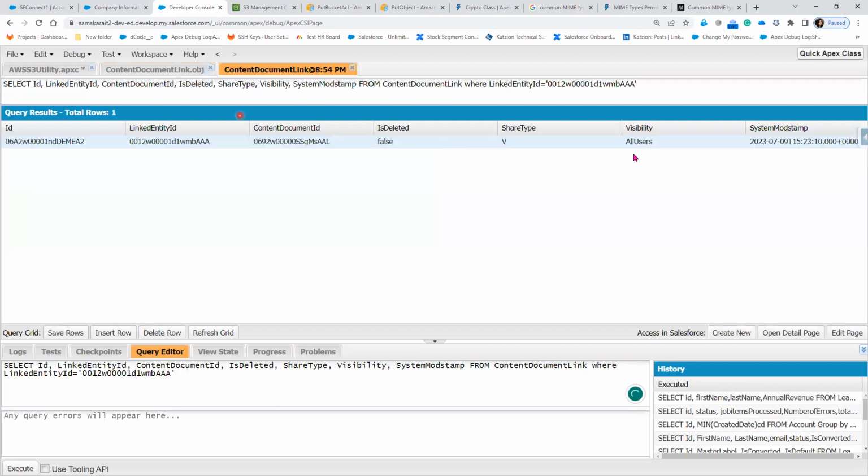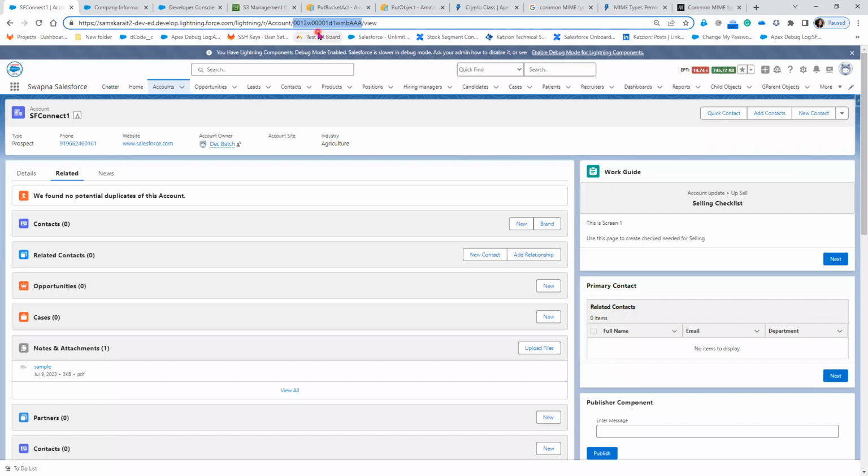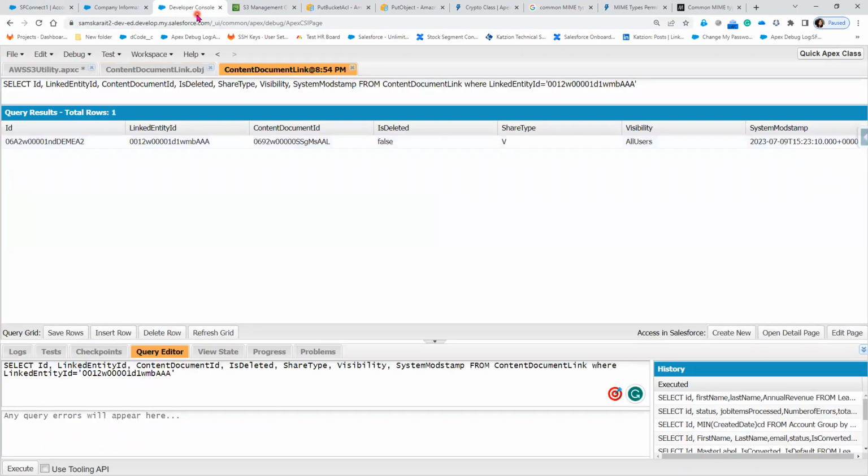click on execute. Now, today only we have uploaded this. This is the content document ID. This is the linked ID. Linked entity ID is basically which object, which record. Which object, which record is the linked entity ID. Actual documentation ID is this one. And the content document ID